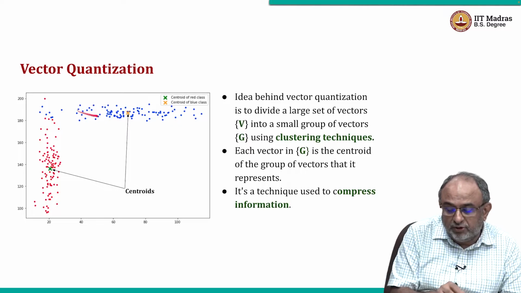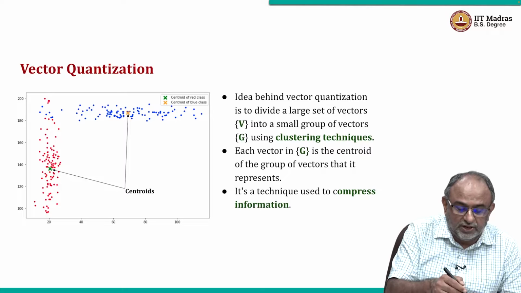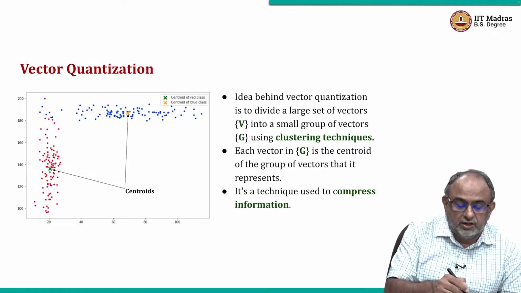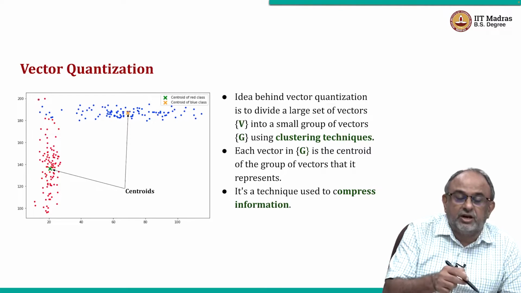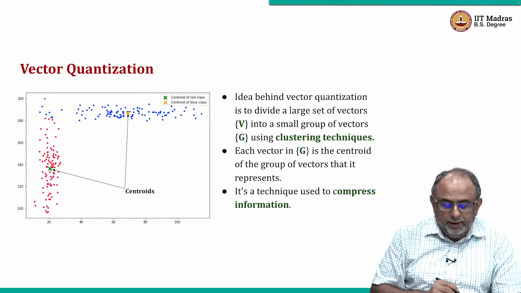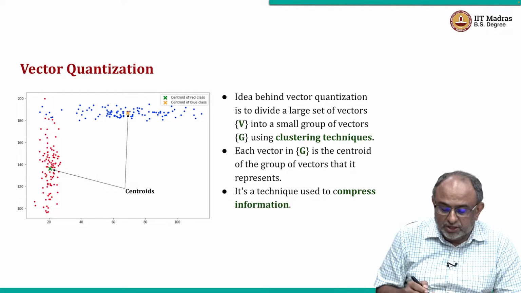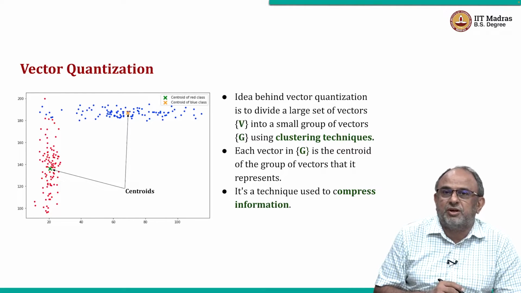On the other hand, the blue have large x-axis variations and very small y-axis variations. So they are clustered around this 180 to 200 mark. This might be in pounds or something, and this could be in inches or something. Obviously 100 inches is too much, but I'm just trying to say,